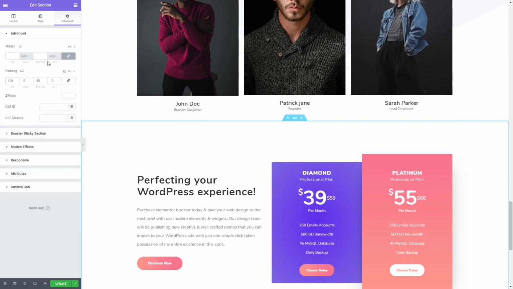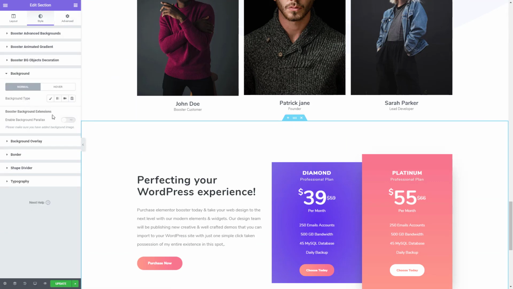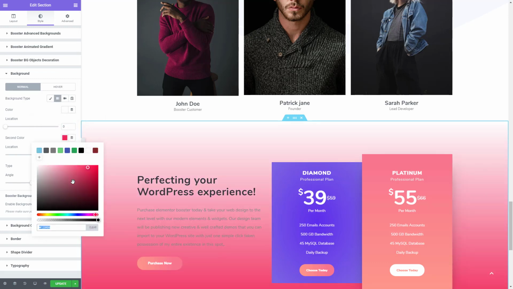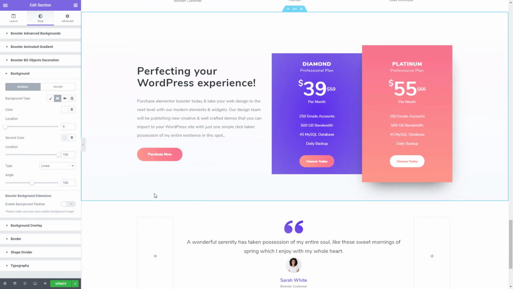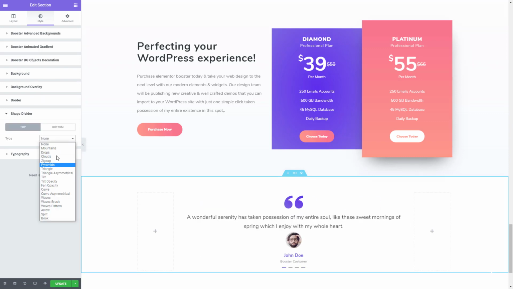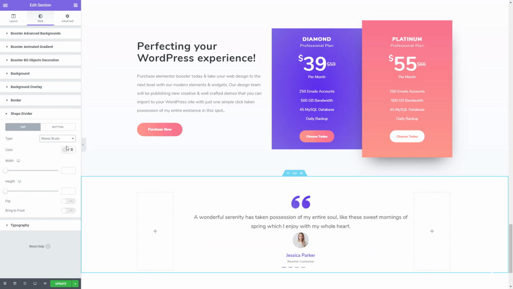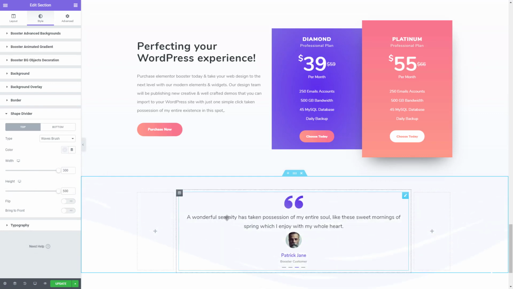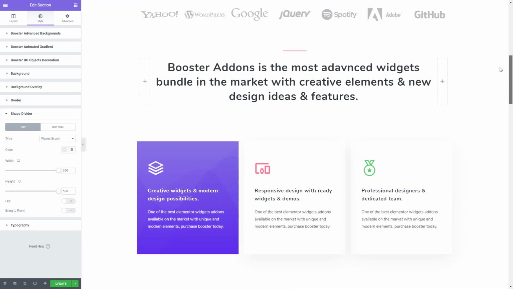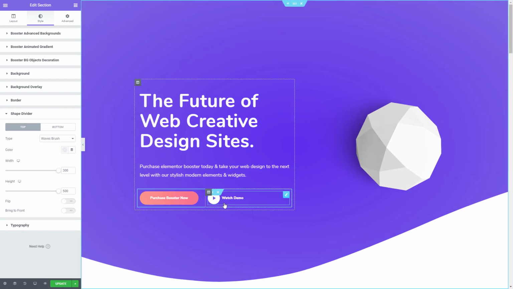So let's go ahead and change the background here to gradient white and the color that we just copied, and we'll go ahead and add the same shape divider at the top, which is waves brush. Let's not forget to change the color again, and we'll increase the width and height. That's pretty much it. Now the last thing to do is to change these buttons style, and we'll start with